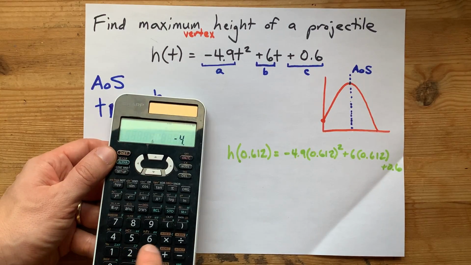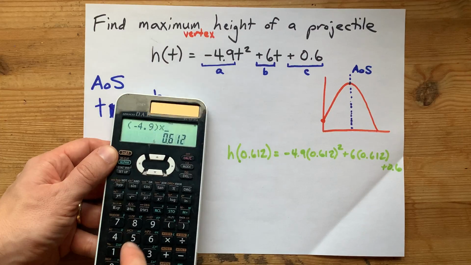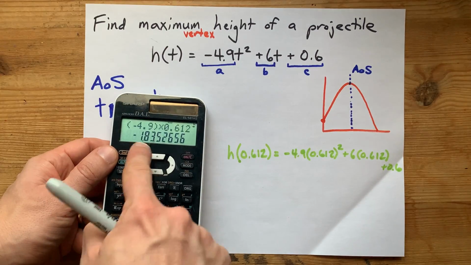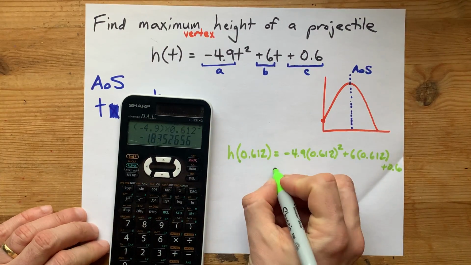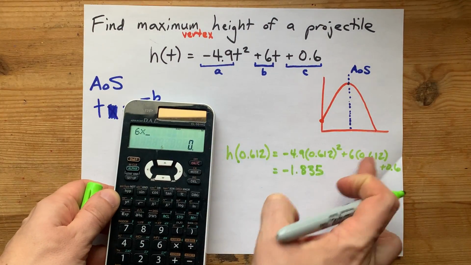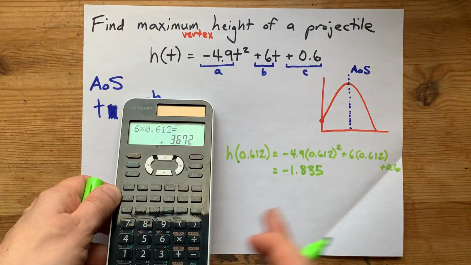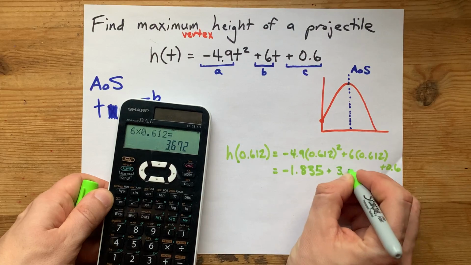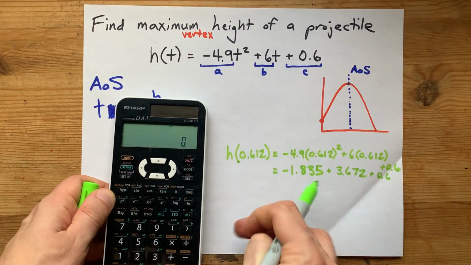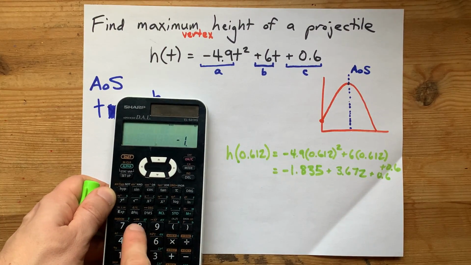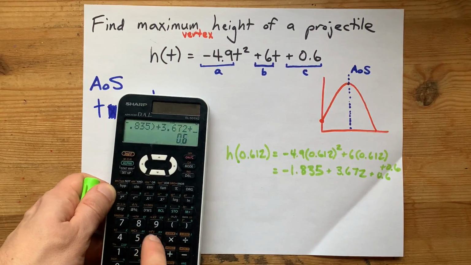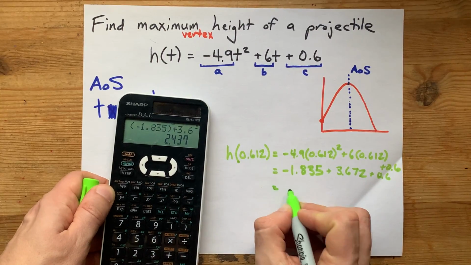That's negative 4.9 times 0.612 squared. I actually have a squared button on this calculator. That's negative 1.835. I've got 6 times 0.612 here. That gives me plus 3.672. And I still have my plus 0.6. Then I can combine these, negative 1.835 plus 3.672 plus 0.6. I end up with an answer of